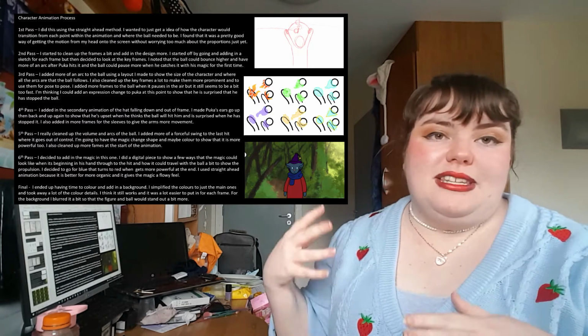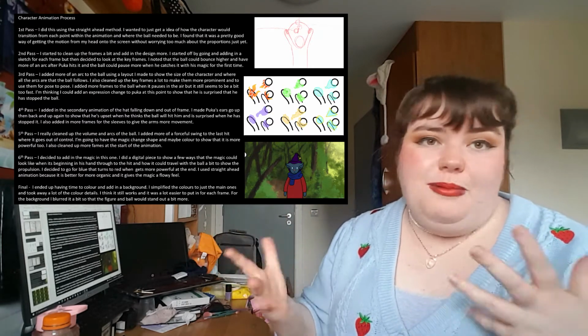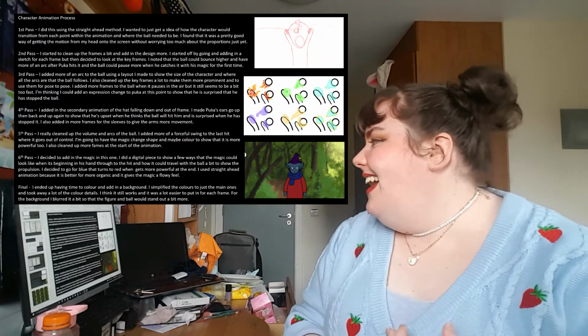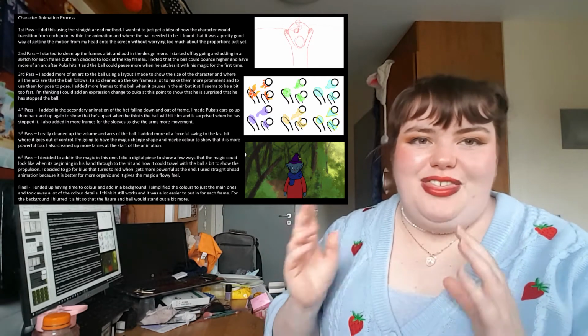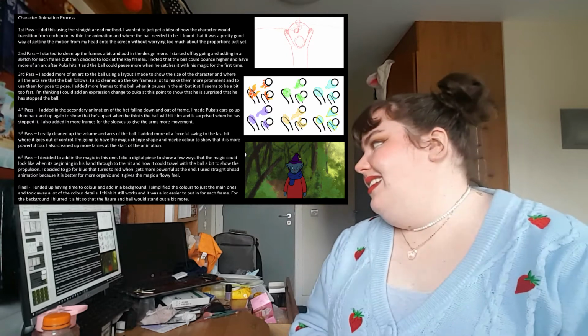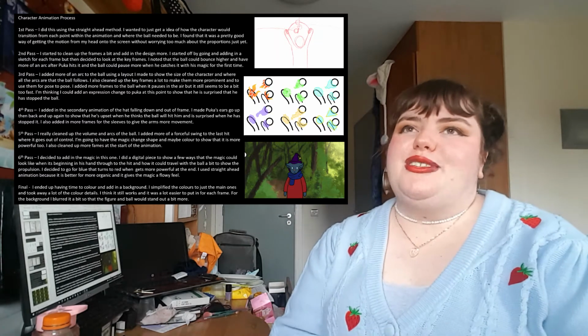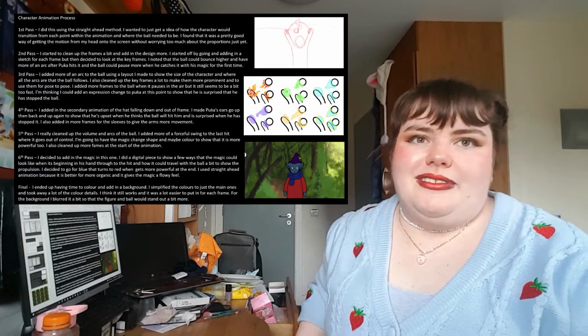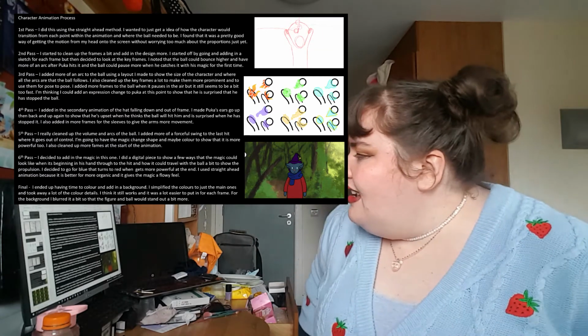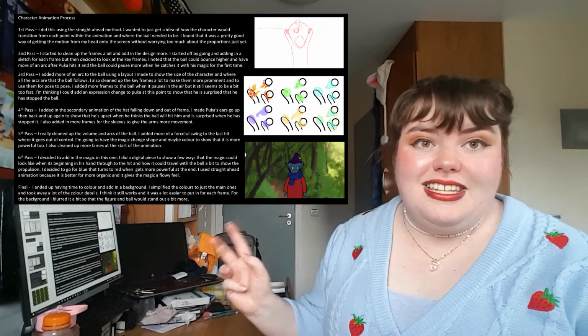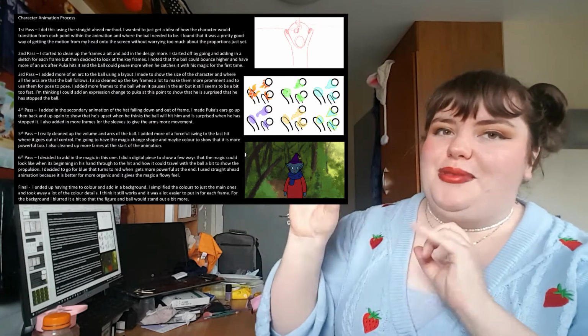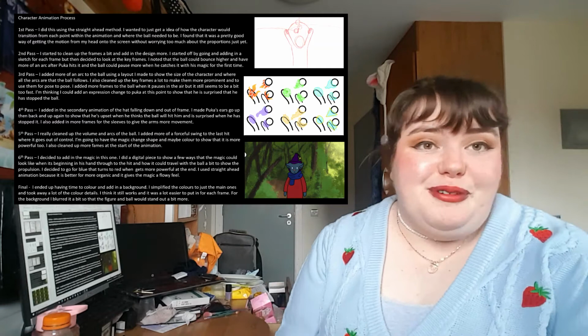Then I had one that was just a digital piece of different ways I could do the magic. I really would have liked to have done that third one with the blue with the little yellow sparkles in it. I think that would have been cool, but at the end of the day it was just time-wise, it wasn't something I could do. And also I would have done this as actual animations to show how the magic would move. I think that would have been really cool.